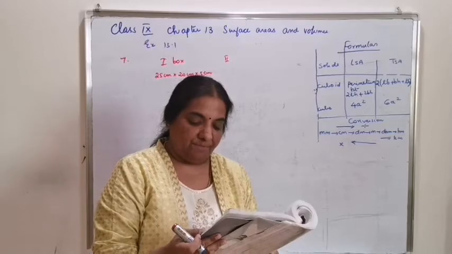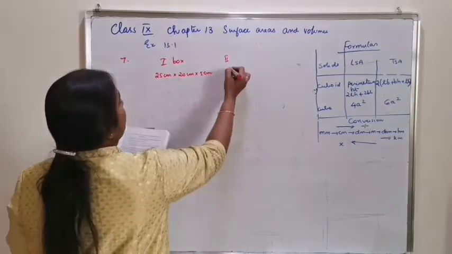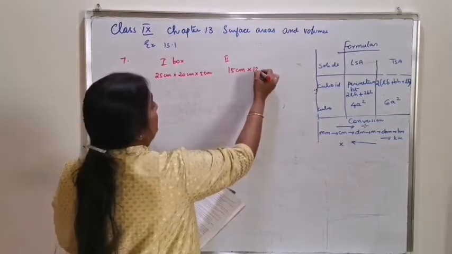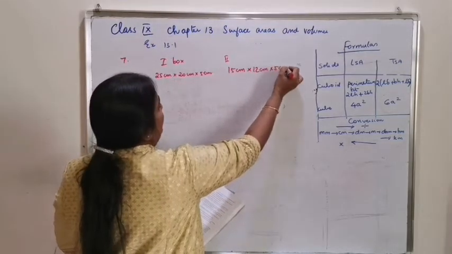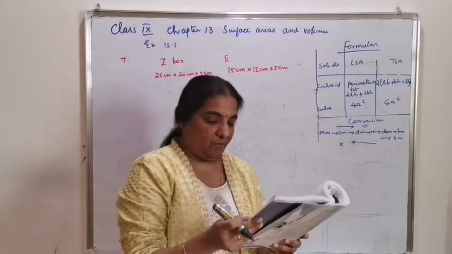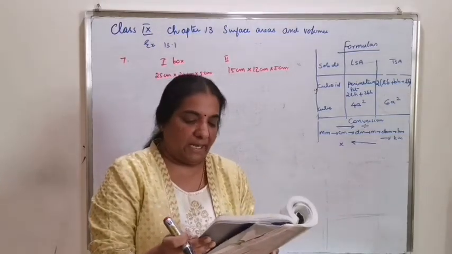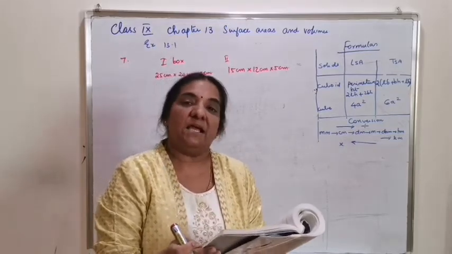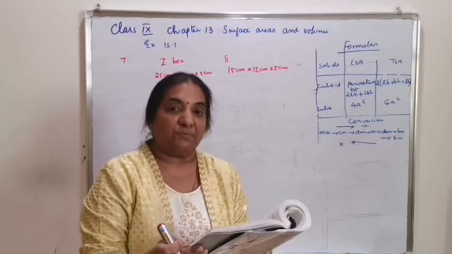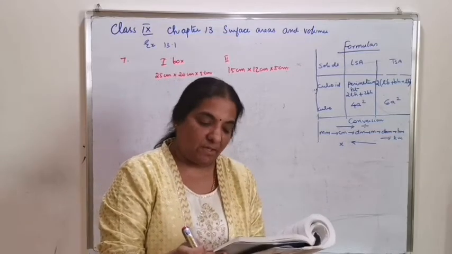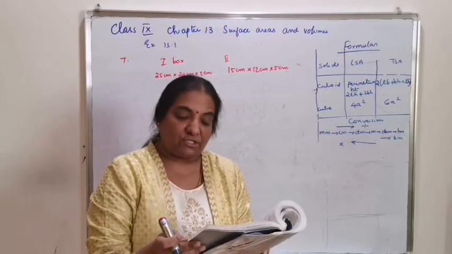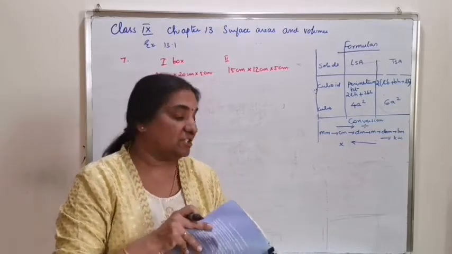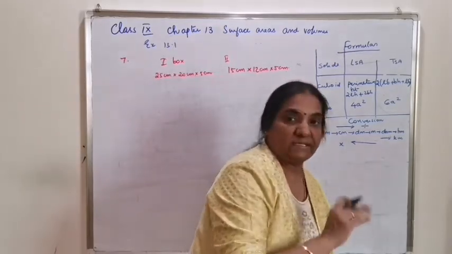The smaller box is of dimension 15 centimeter by 12 centimeter by 5 centimeter. Now, for all the overlaps, 5% of the total surface area is required extra. If the cost of cardboard is rupees 4 per 1000 centimeter square, find the cost of cardboard required for supplying 250 boxes of each kind. So let's go step by step.